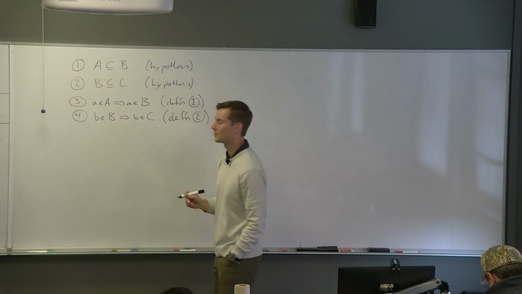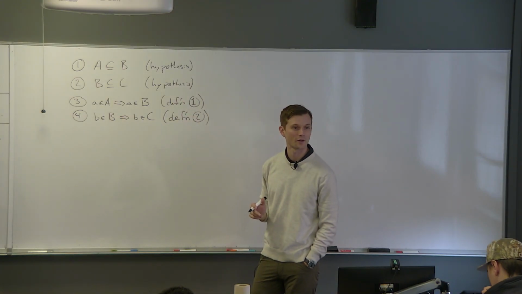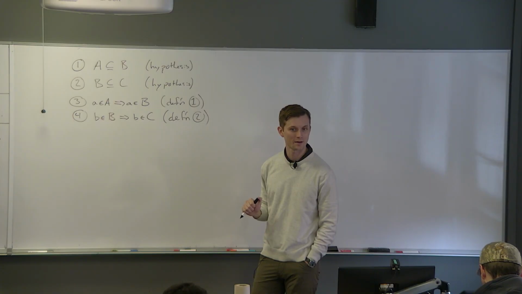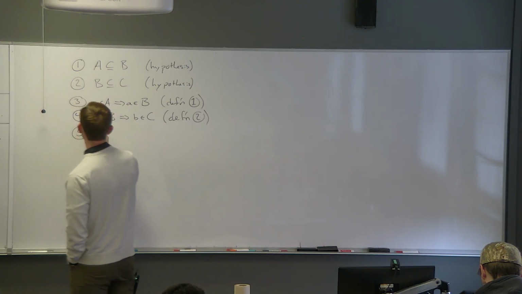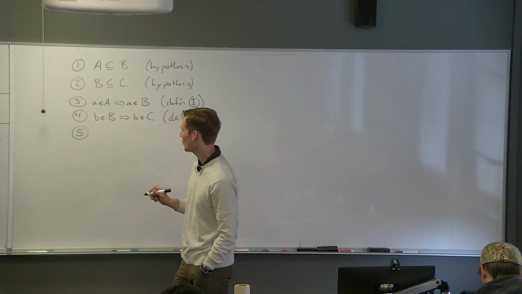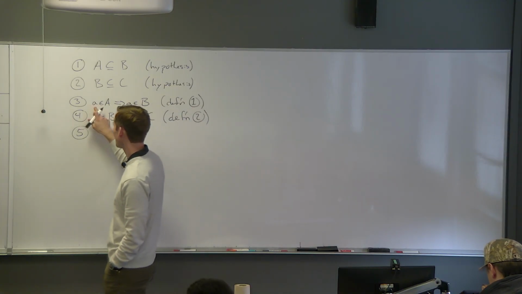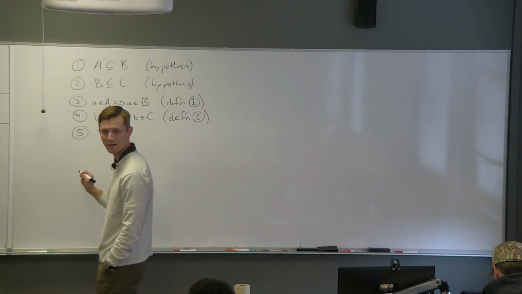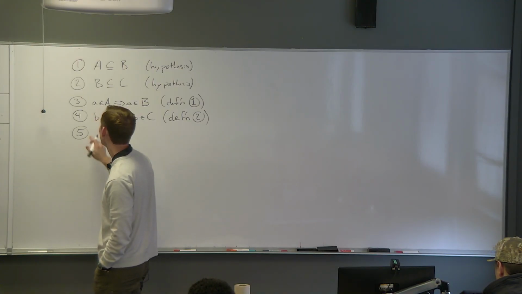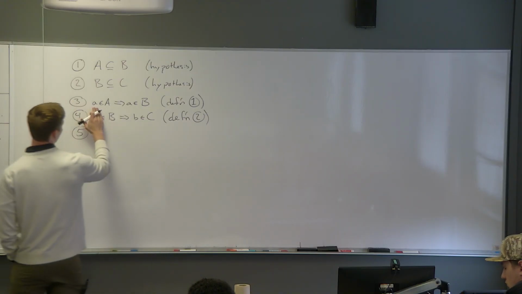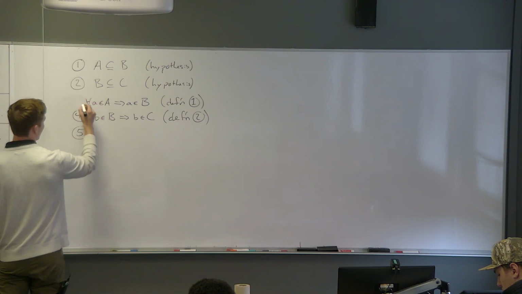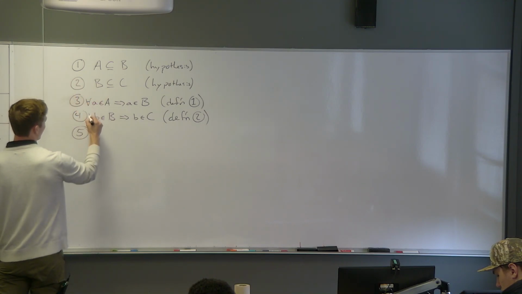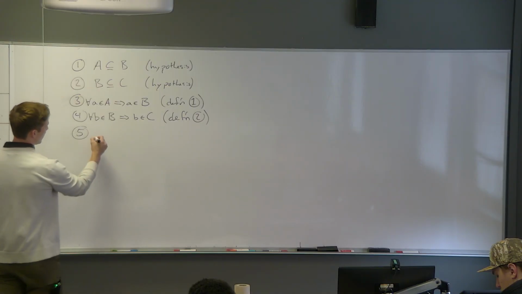This is the definition of 2. So if something is in B, then it also belongs to C. Okay. Then you can take this from here and go, hey, look, we could instantiate something here. If I want to be fully precise, what I should say here is that for all A and A, I guess I can leave that number there, and for all B and B, we could